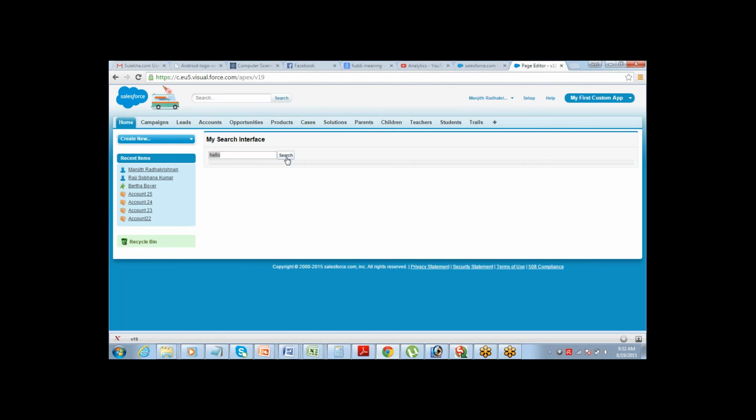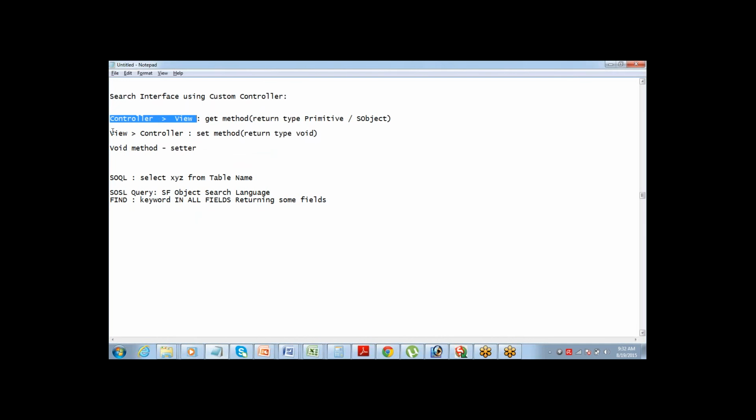So I need to define one more method. I need to take the value from this input text area and supply it to the controller, to the program. For that, what kind of a method is required? A setter method. We have been using a get method which takes the value from the program and displays it on the page.